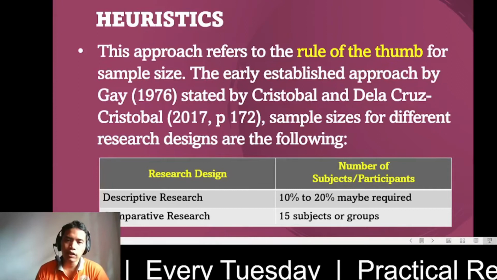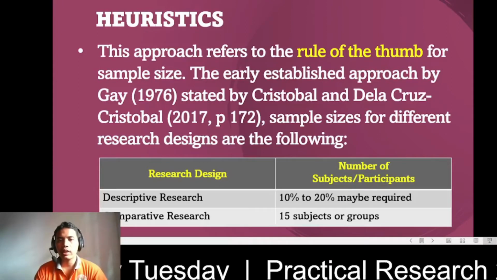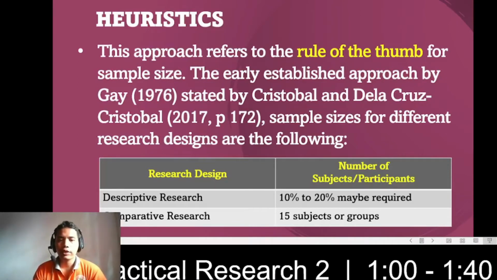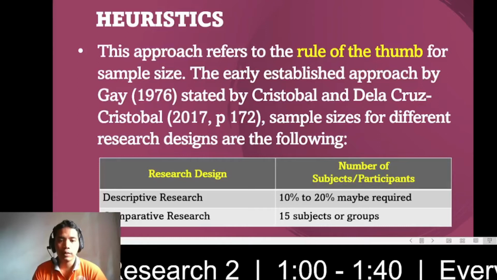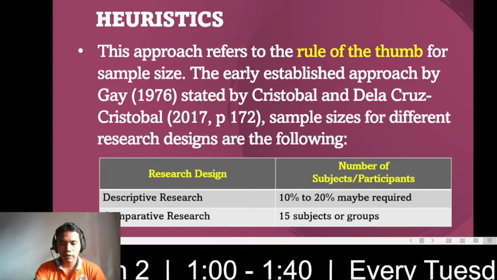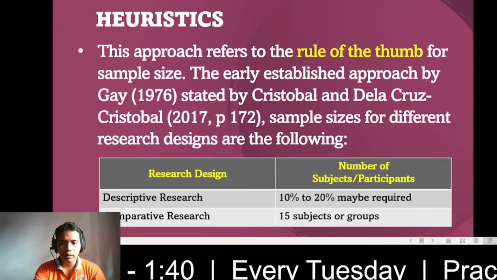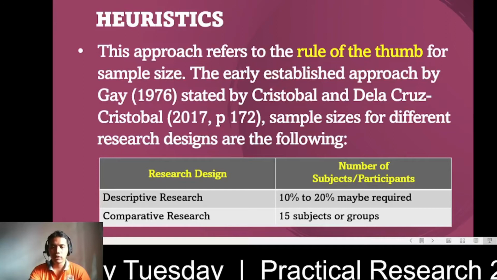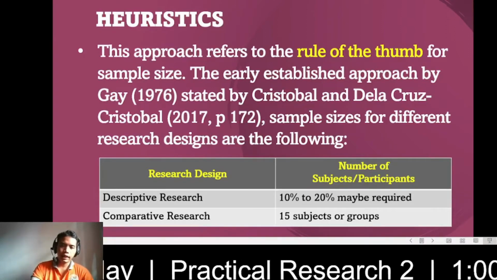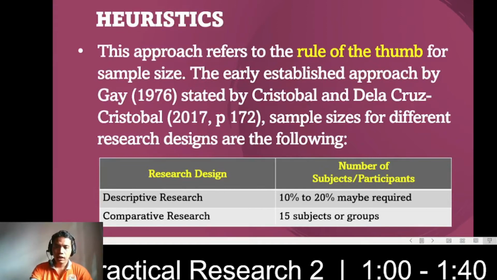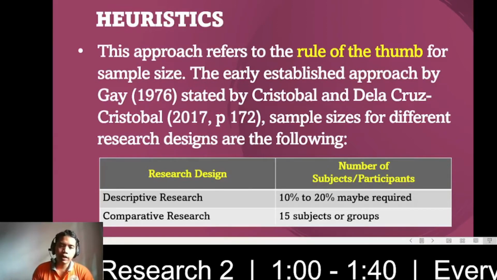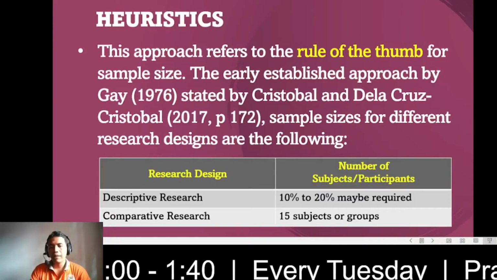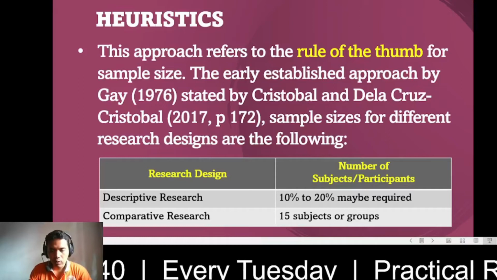So the early established approach by Gay, stated by Cristobal and Dela Cruz, sample sizes for different research designs are the following. Yan ay yung descriptive research at saka yung comparative research. Kapag sinabing descriptive, yung ating pagpili ay magiging between 10% to 20% yung kinakailangan nating magiging respondents or participants. Kapag sinabi natin comparative research naman, 15 subjects or groups, pwedeng 15 tao or 15 grupo piliin